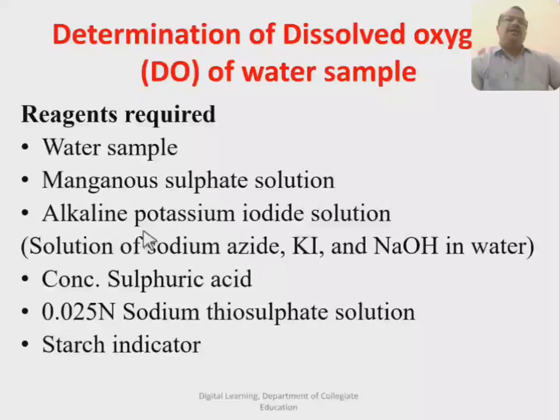Here this alkaline potassium iodide solution is prepared from sodium azide, potassium iodide and sodium hydroxide. Sodium azide is used to remove nitrites present in the water. Then the reagents are concentrated sulfuric acid, standard sodium thiosulfate solution of normality about 0.025, and